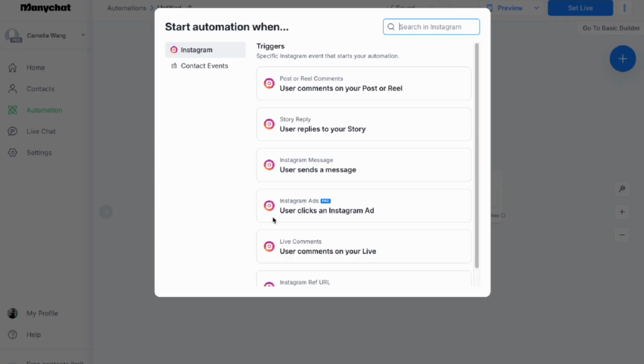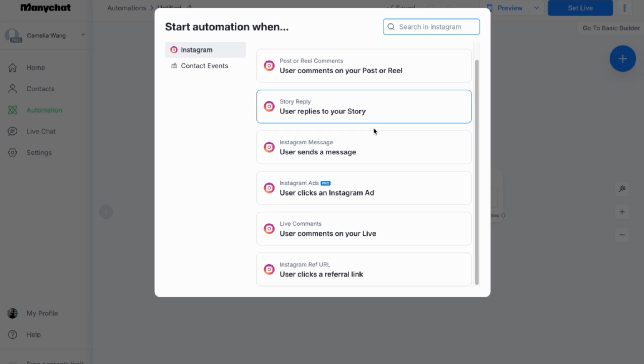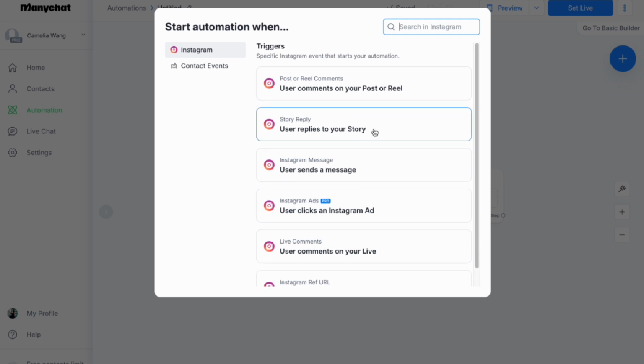First, let's set up the trigger. Click the Add New Trigger button and choose a trigger. I only connected Instagram, so I can only choose a trigger from this platform. But you will see different triggers if you connect to different platforms, depending on where your client wants the bot to run. There are a lot of triggers we can choose from, such as when a user comments on your post or reel, this automation will start running, or when a user replies to your story, or when a user sends a message